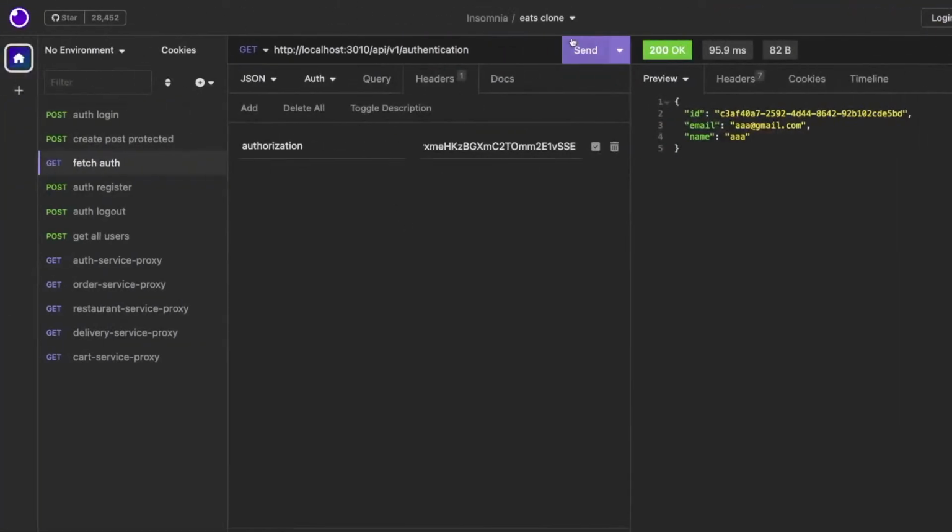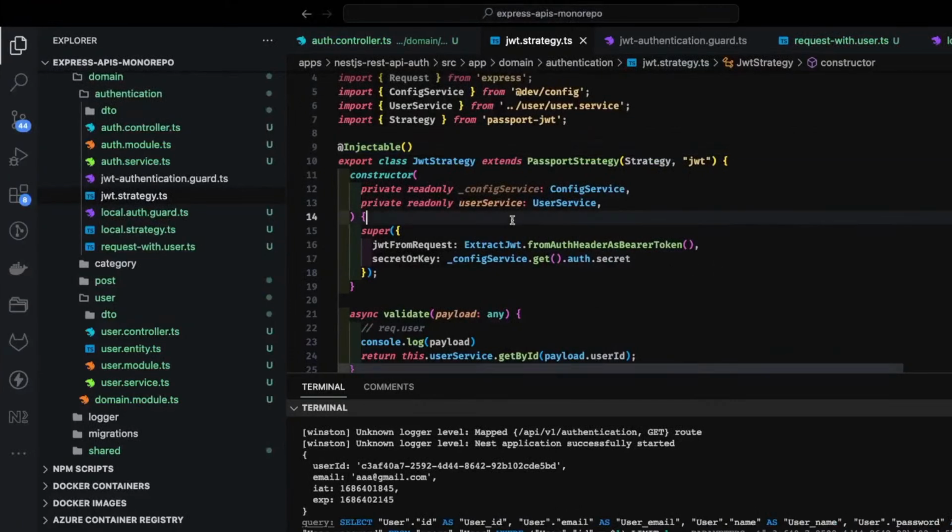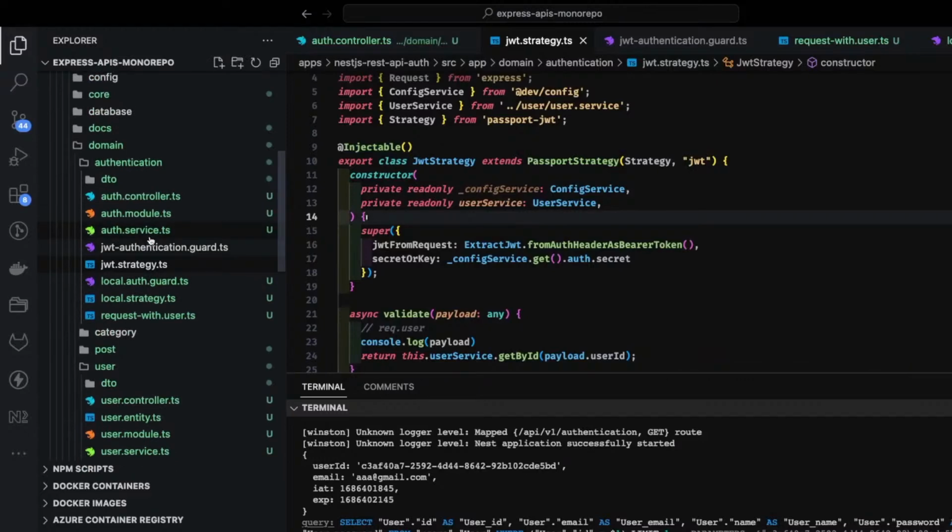And here I can see when I hit this, I'm getting this. This is what I need, right? Because we are hitting the authentication, that means give me my current user session, and I'm just passing this token, that means I'm logged in. Okay, so this is pretty much simple implementation, but there are really important, very important points here while working with